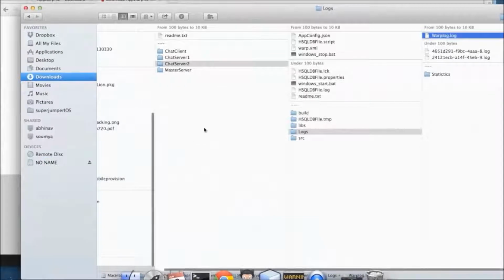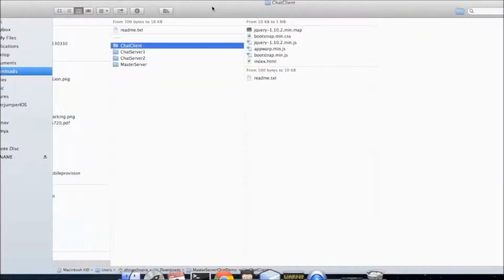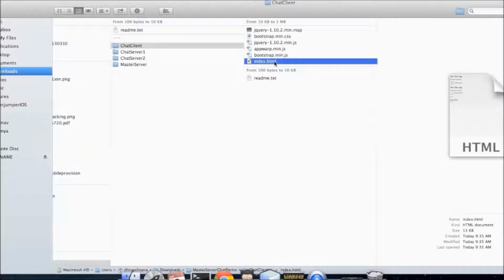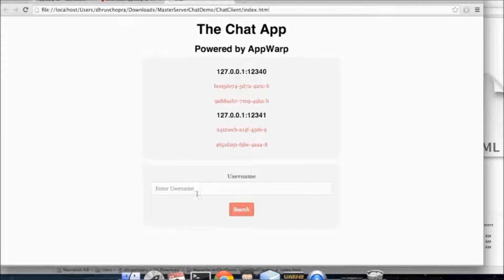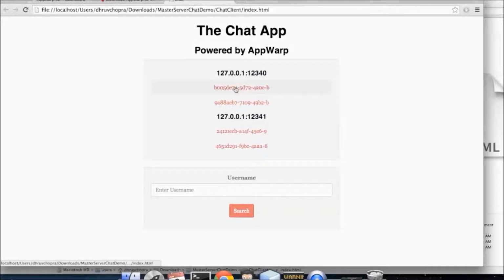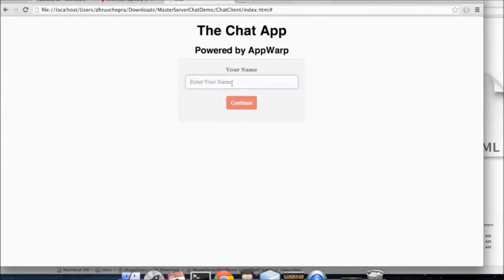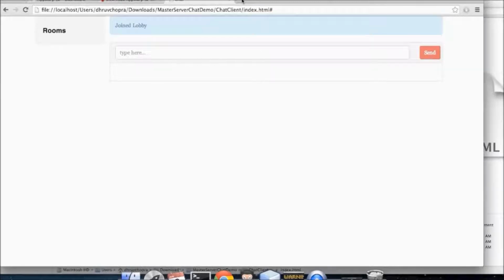So great, now that it's running, we're ready to launch the client application, which is just a web app using our JavaScript SDK. So here you can see that it connected to the master, and it can see all the 4 zones that we've created and the 2 servers to which they belong. You can also search for a username, or you can click and join. So I'm going to be joining the first application in the first server. So I give my username and join, and now let's see how another client can do the same.